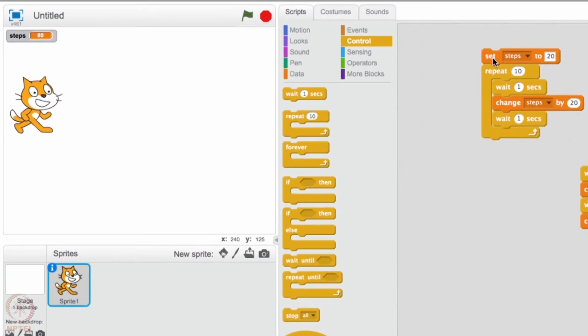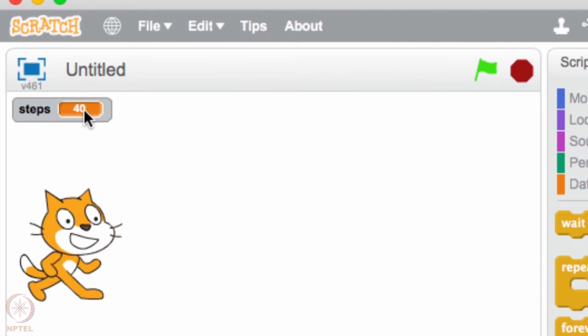Let's see. Double click on this. You will see 20, 40, 60, 80, 100, and so on. 120, 140, 160, and 180, and finally 200. Correct? 220. Oh, it goes on. It's 10 times, right? So the last one is actually 220. We start with 20, so it's 220. Figure this out. Look at this code and see what it does. It simply starts from 20 and ends in 220.